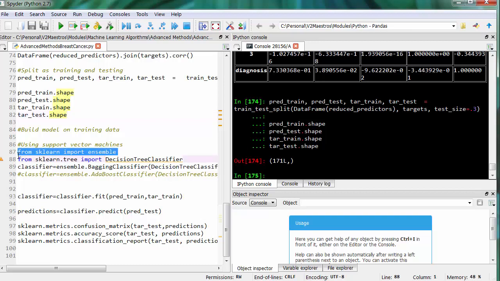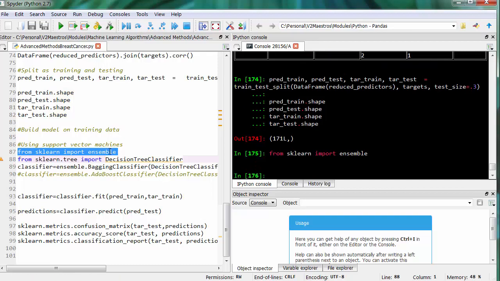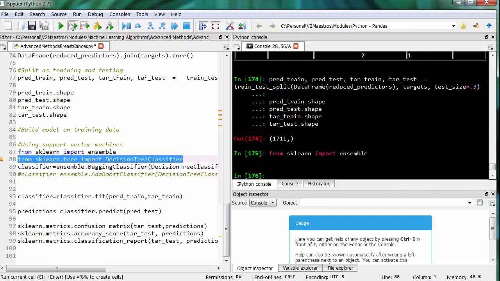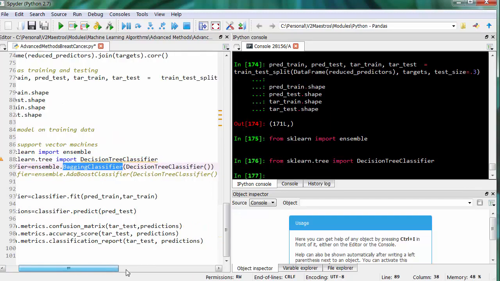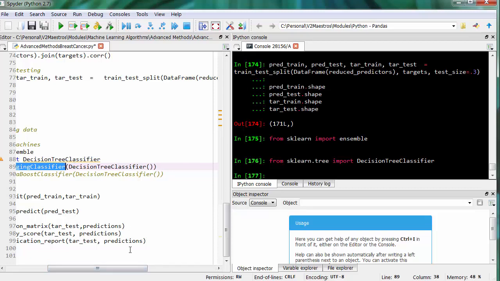We start by importing the ensemble library from sklearn. When you call the ensemble library, you also have to give it a base classifier, because ensemble methods like bagging and boosting use an original base classifier. It just does the same base classifier n number of times, and this we have seen in the original lectures. So the base classifier we'll be using is the decision tree classifier. That also is important. So we're going to be creating a classifier which is the bagging classifier first, and that bagging classifier is created based on the decision tree classifier.